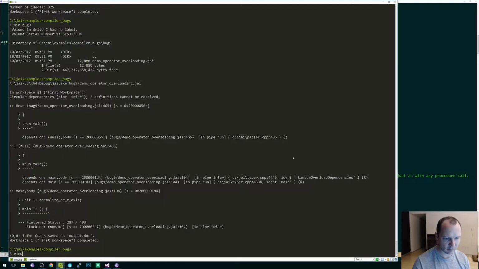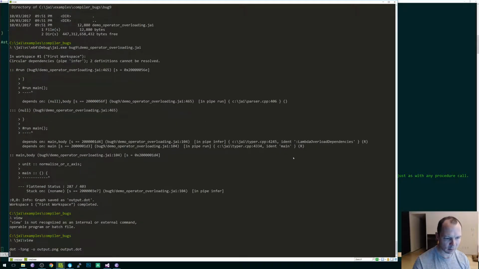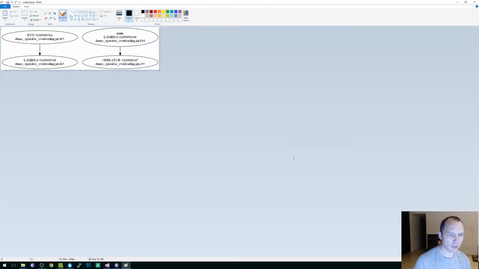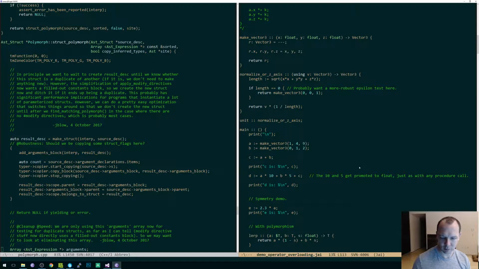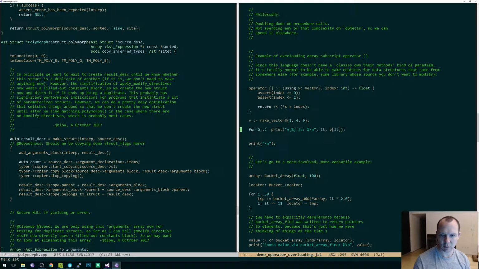Well, line 295. What? What? Oh, it's a custom subscript operator that we're not able to infer for some reason.